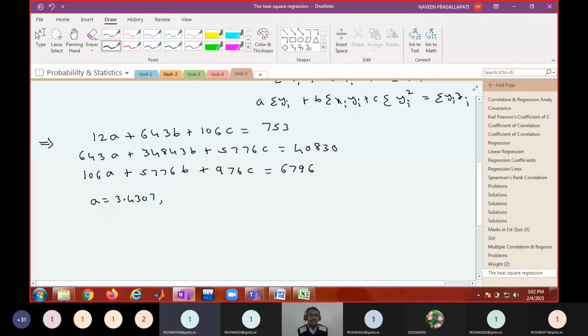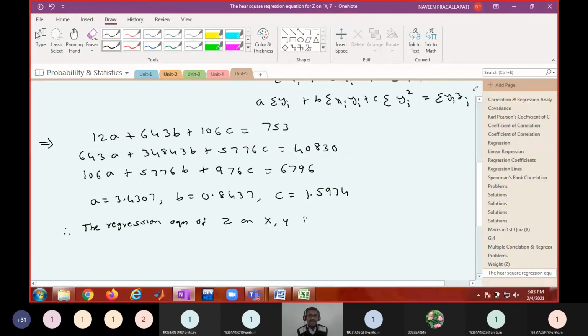a equal to 3.4307, b equal to 0.8437, c equal to 1.5974, when rounded to 4 decimals. Therefore, the regression plane equation of z on x, y is z equal to